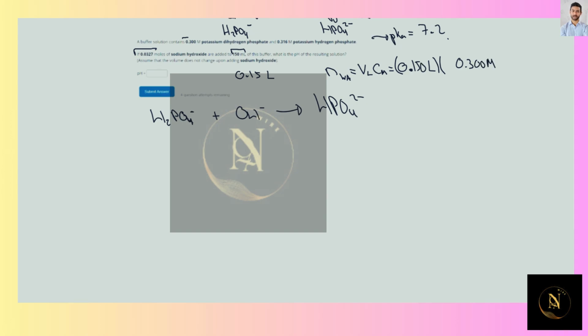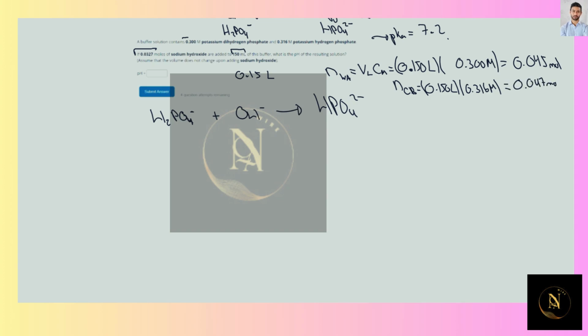To give the appropriate amount of significant figures, we need to add those zeros, and this is going to give us 0.045 mole. We're going to do the same thing with the conjugate base. In this case, the only thing that changes is going to be the concentration, which is in this case 0.316 molar instead of 0.300, which gives us